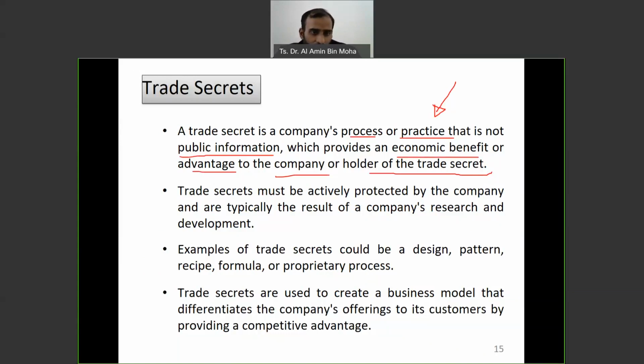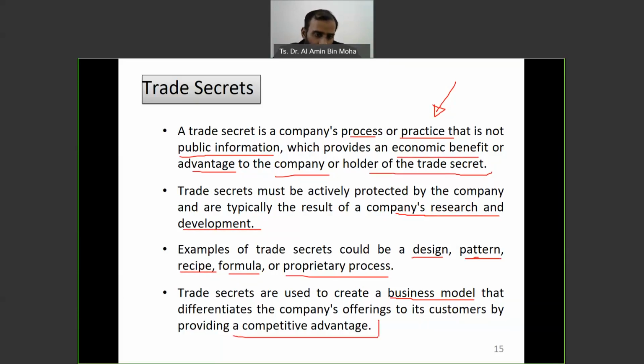A trade secret must be actively protected by the company and is typically the result of the company's research and development. Examples of trade secrets could be a design, pattern, recipe, formula, or proprietary process. Trade secrets are used to create a business model that differentiates the company's offering to its customers by providing competitive advantage. So we discussed this.